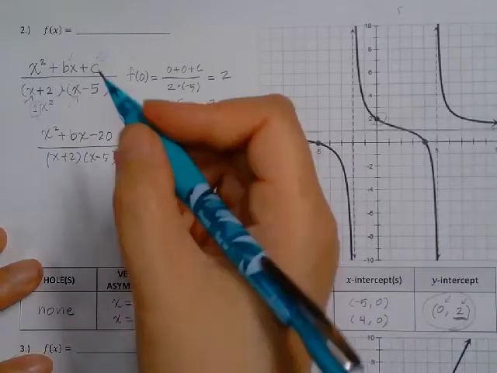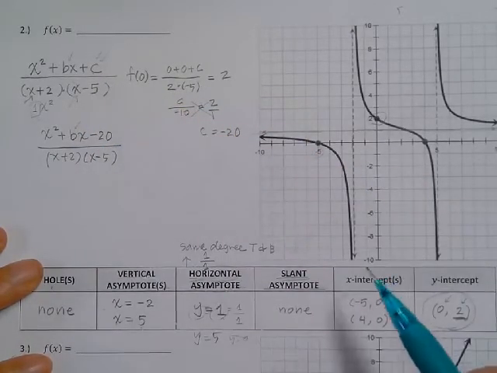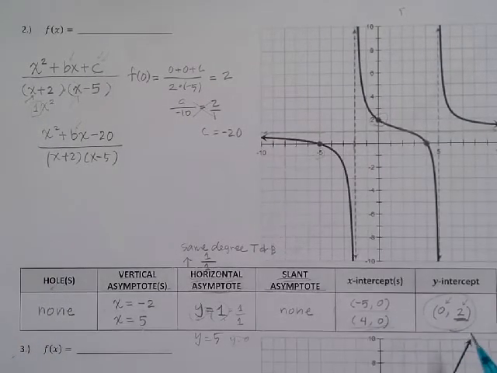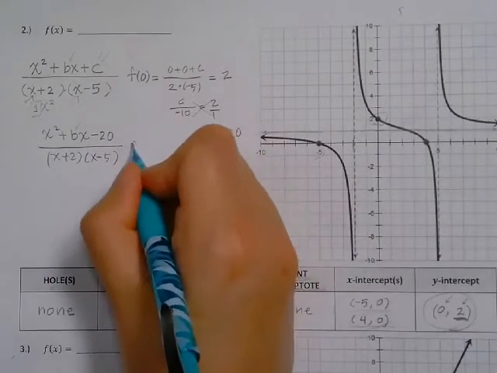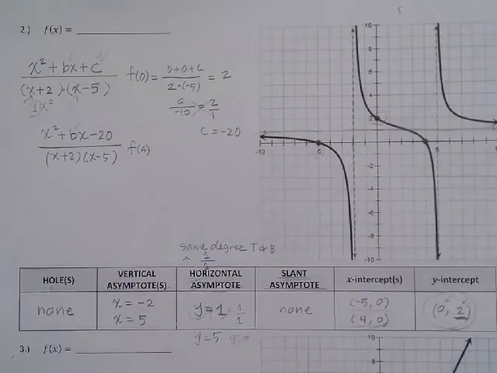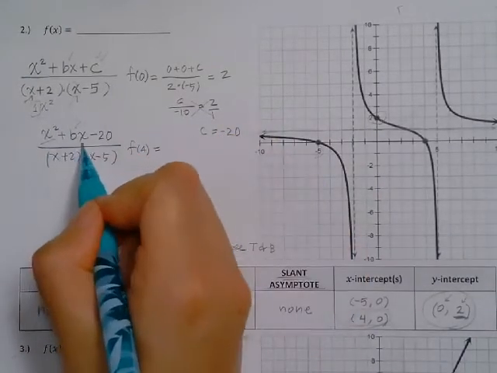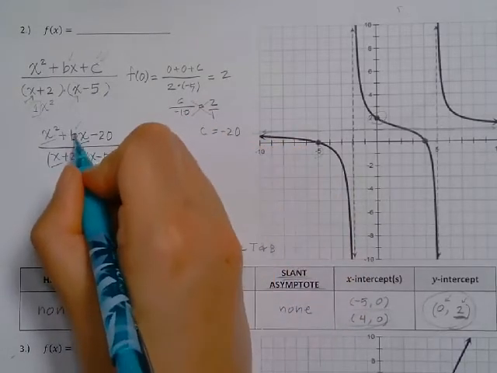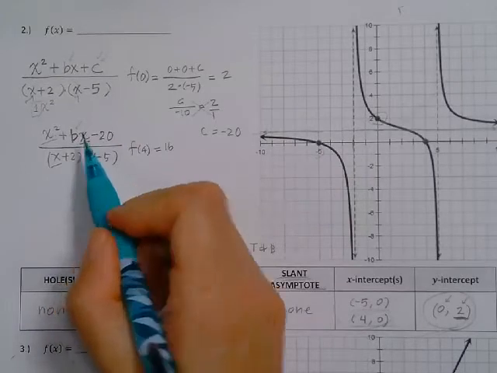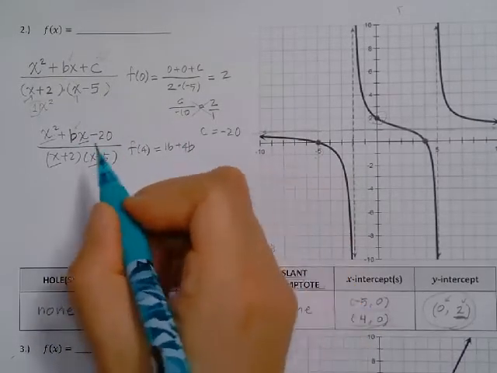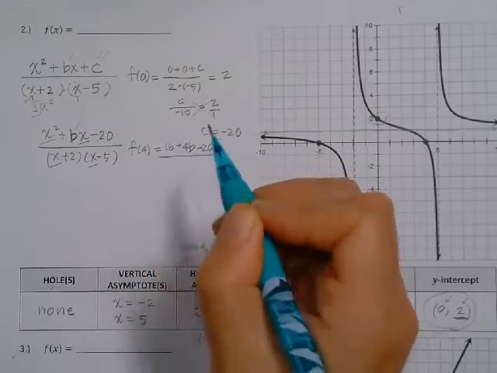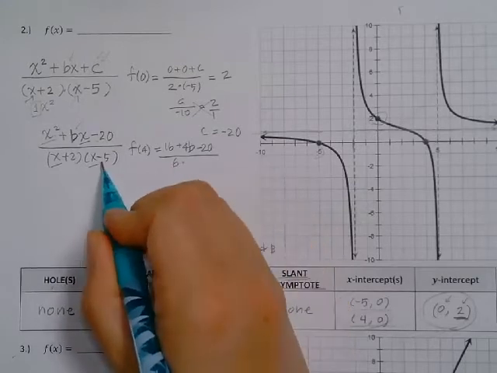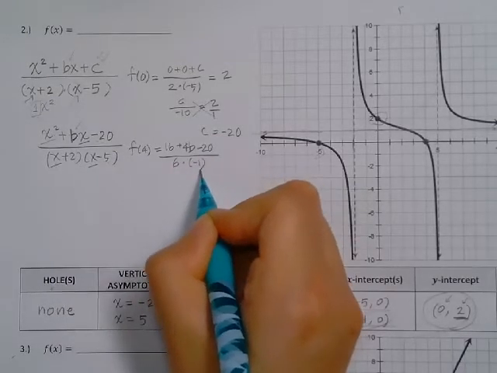So then now we have to figure out the B. Then either one we can plug in. So let's go with 4, 0. So then now if I substitute 4 into f of x, then all x's becomes 4. So then 4 squared, 16. This is not 6, it's a b. B times 4 is 4b minus 20 over 4 plus 2, 6 times 4 minus 5, negative 1 equals to